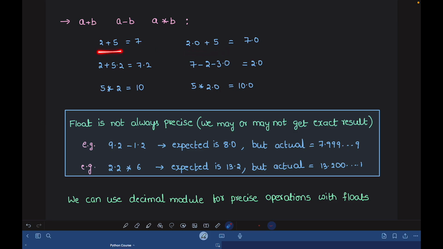Here we have 2 plus 5. Here we have 2.0 plus 5. In this case, we got an integer 7. In this case, we got 7.0 because one of the values is float. Sometimes when we have 0 in the decimal part, we tend to ignore this dot 0 and we simply write 7 sometimes. But when it comes to Python, 7 and 7.0 are not equal. This is an integer object. This is a float object. So always remember, if in your expression you have a float value, your final result will be a float